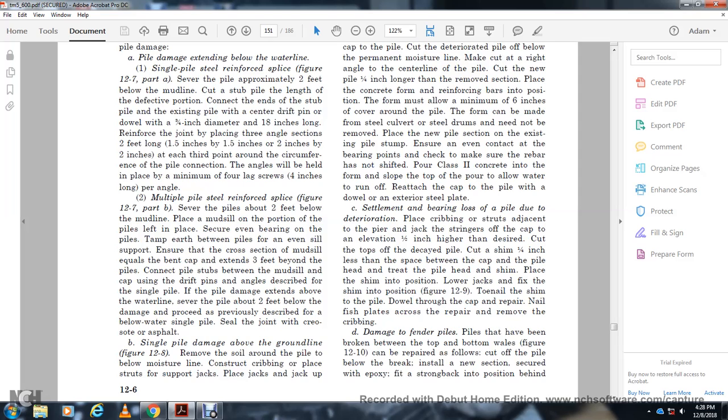When the pile damage extends above the water line, sever the pile about 2 feet below the damage and proceed as previously described, with the plates below the water line. Splice the single pile with steel, and tighten the joint with asphalt. For single pile damage above the ground line, remove the soil around